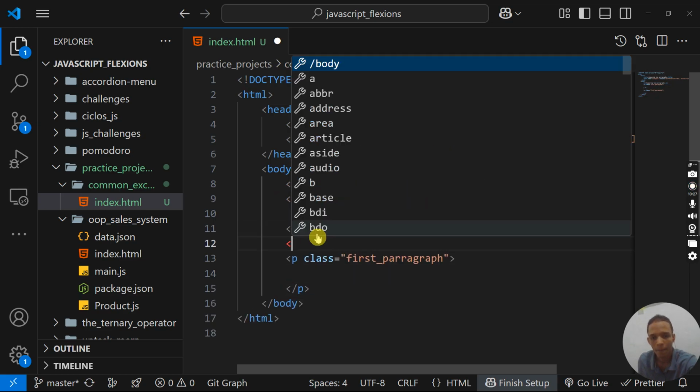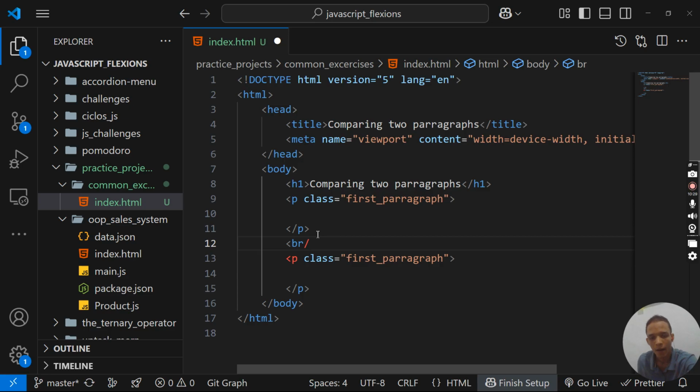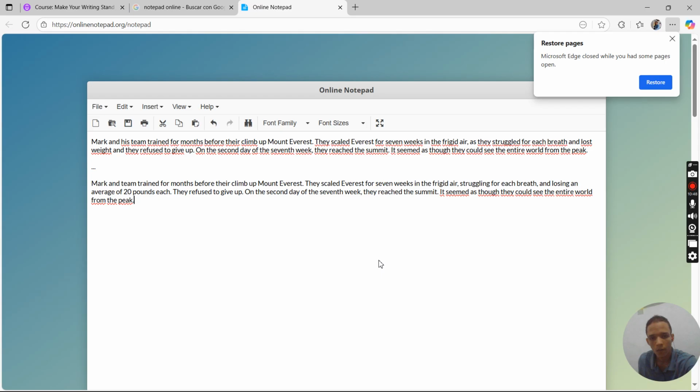By the way, we can make a BR here. This is a break for it to jump, okay? And now we're gonna put here second paragraph. And you see this first paragraph? Let's just go here. And in here, we're gonna put